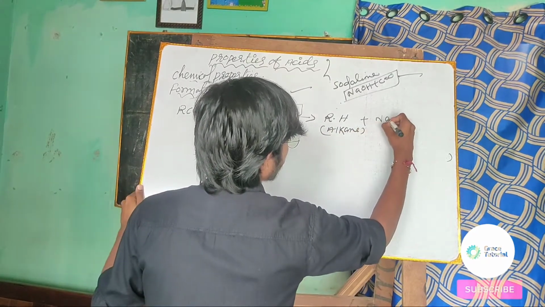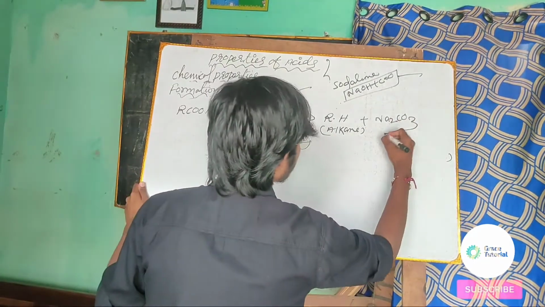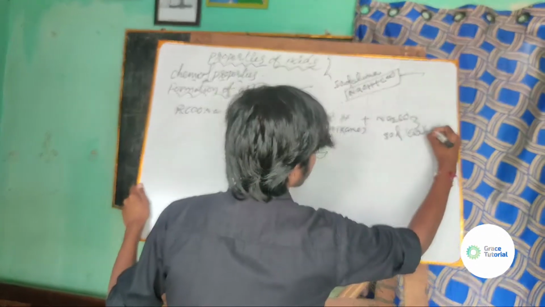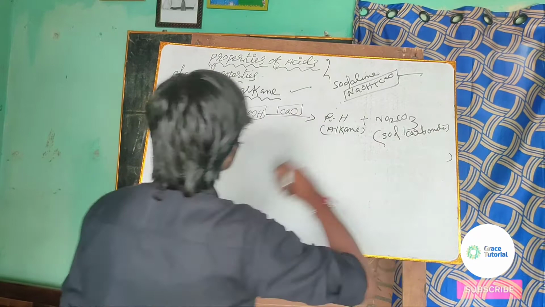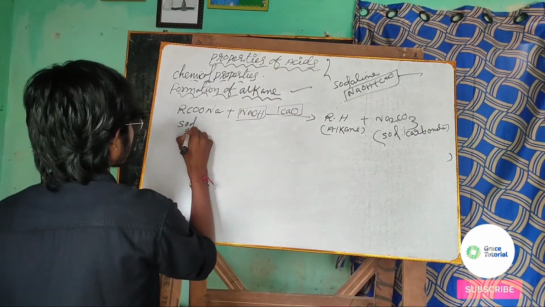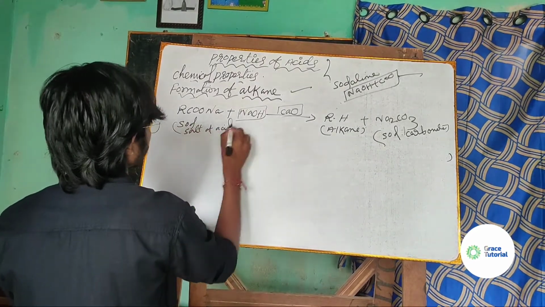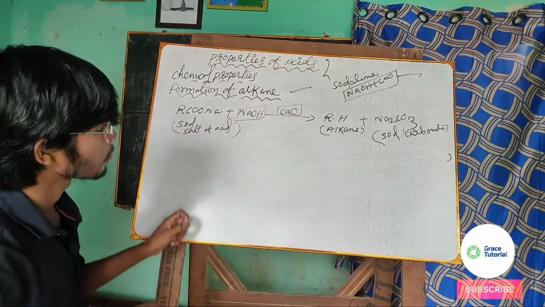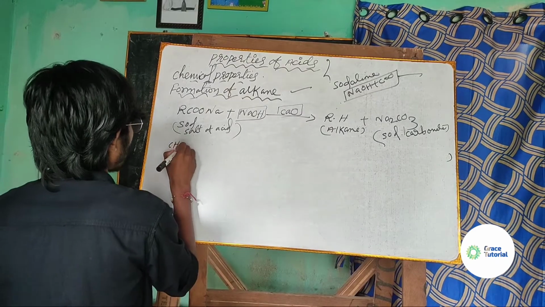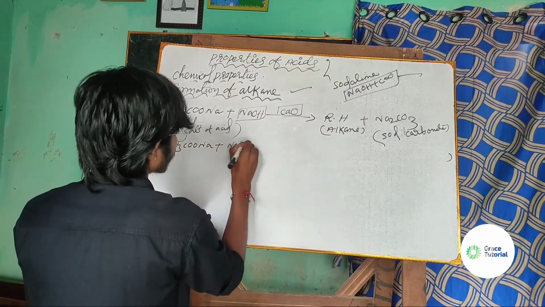along with Na2CO3. That is, sodium carbonate is obtained. This is the sodium salt of an acid. If I take the specific example, I have CH3COONa plus NaOH,